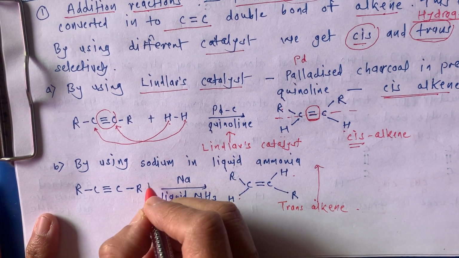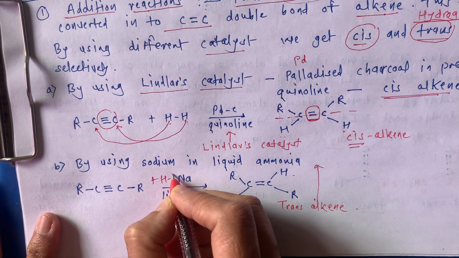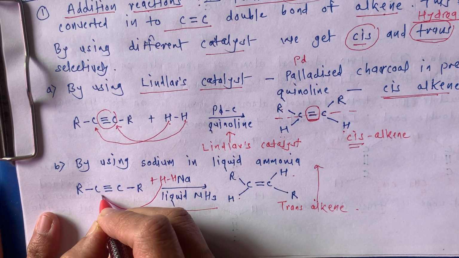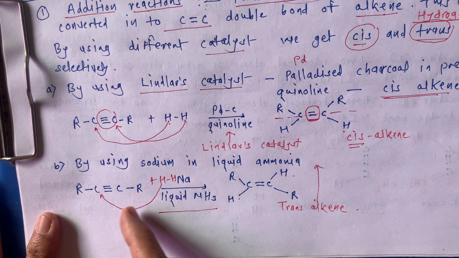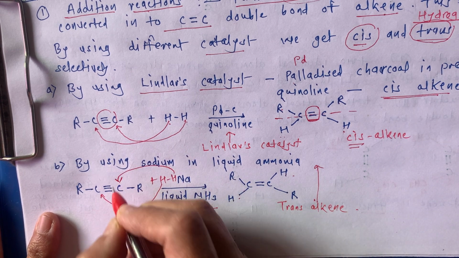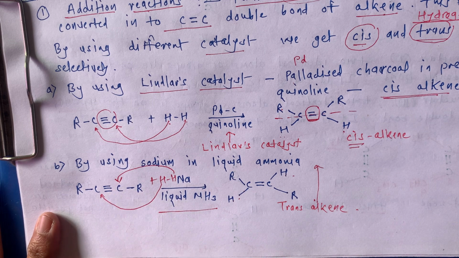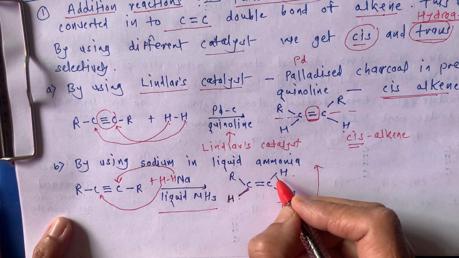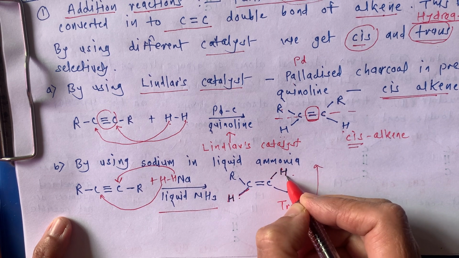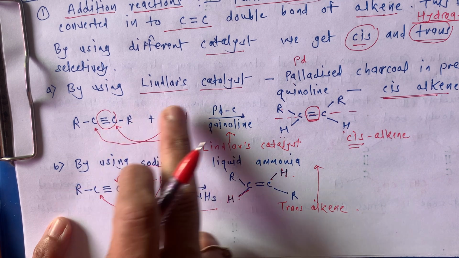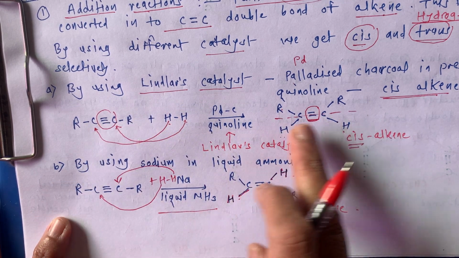What is going to happen here? Here it is plus H2, then one H is going to attach to this carbon in this direction, while this other H is going to attach to this carbon in this direction, and that's why this H is here and this H is here. Are you getting this? See, in the previous case both attach from the same side, so they are here.